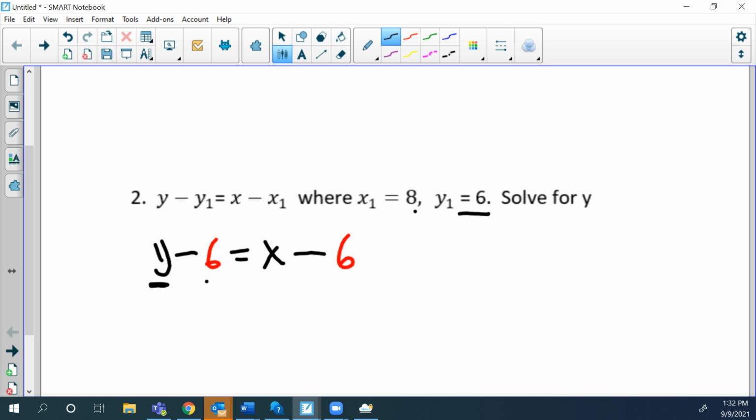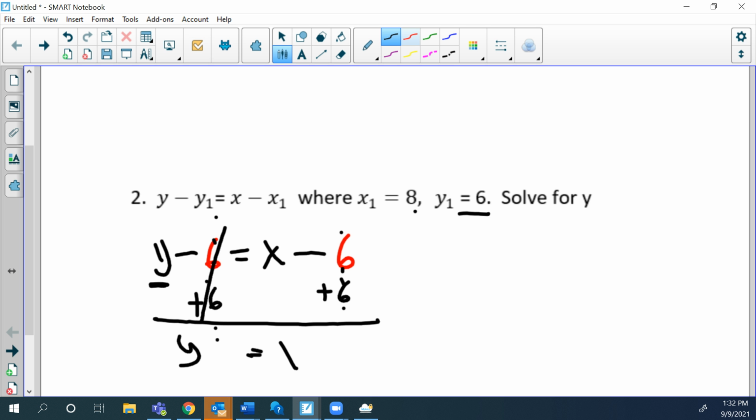I need to cancel negative 6. So all I'm going to do now is just plus 6 here, and then plus 6 on the right side. See, we have all my numbers aligned, right? Numbers aligned, straight line. And so now I'm going to draw my line. This 6 goes away. I'm just left with y on the left side is equal to, bring down my x, right? And then I have negative 6